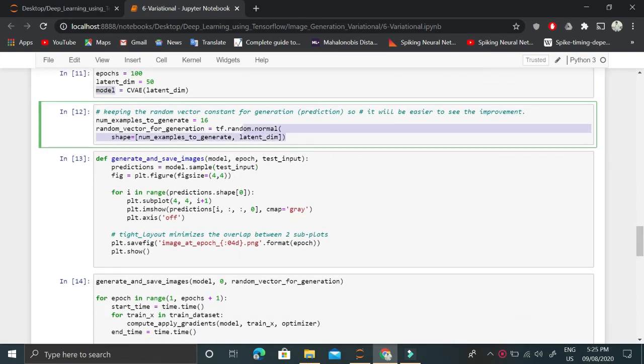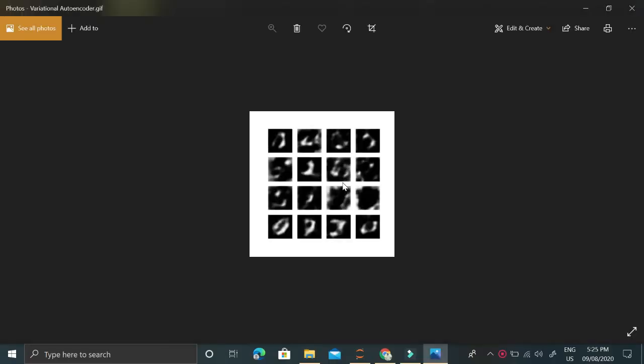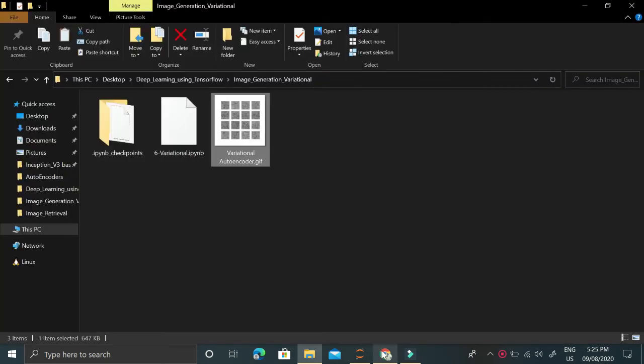Once we have done that, we will generate 16 images of random noise, of complete noise. Let me show you. This is how it will look in the first step. It will be complete noise, but from this complete noise, it will move to these beautifully generated images. This will be the end product. These are 100 epochs, so 100 images animated together from random noise to these images. How it will be done, let me show you.